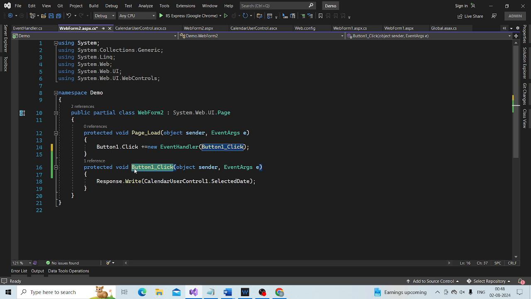So this function, here we are pointing, gets invoked when the delegate is invoked.